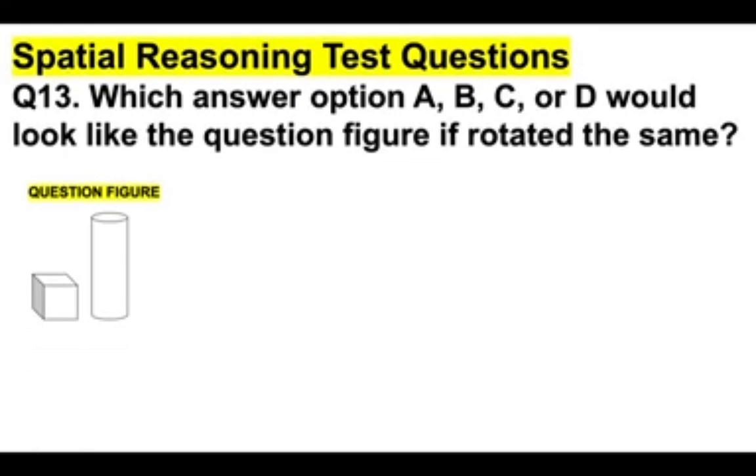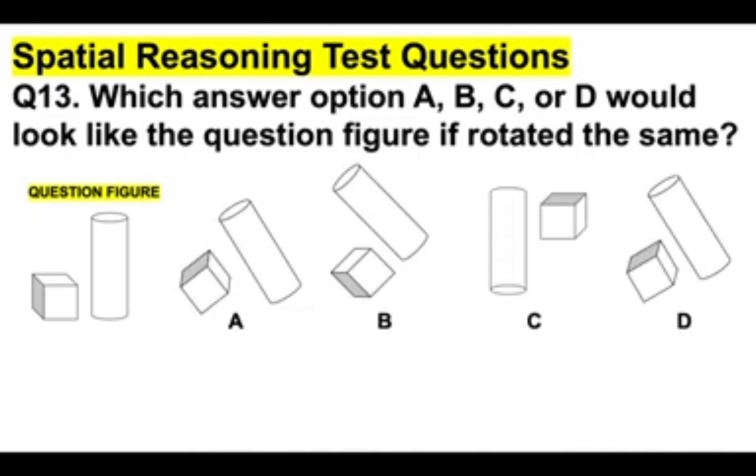Question 13, which answer option, A, B, C or D, would look like the question figure if rotated the same? So the question figure is on the left, and my advice is to look for areas of the shapes that stand out. And in this particular shape we have the shaded part on the left and the circular part on the top. So I would be focusing on those and then rotating these shapes in my mind to choose which